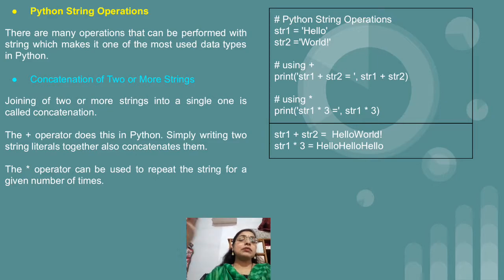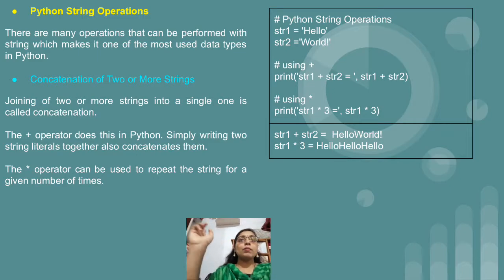Just see the example: we have two strings, str1 equal to hello, str2 equal to world. After that I used the plus operator, str1 plus str2. The plus is the concatenation operator, which combines these two strings, and this is why in the first line of the output, str1 plus str2 equals hello world. Previously these two words were separate, but now we have combined them.